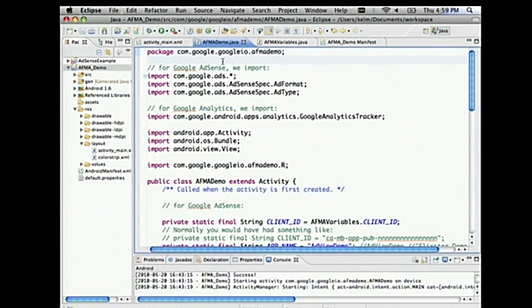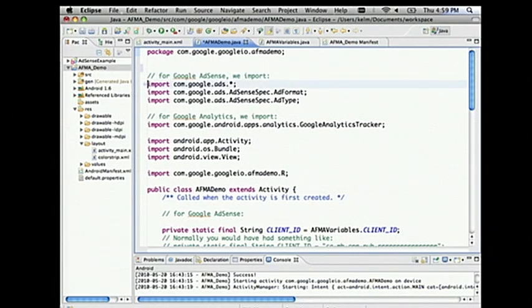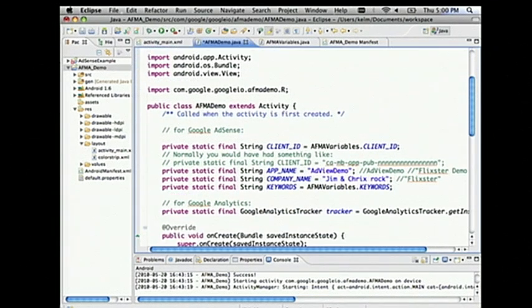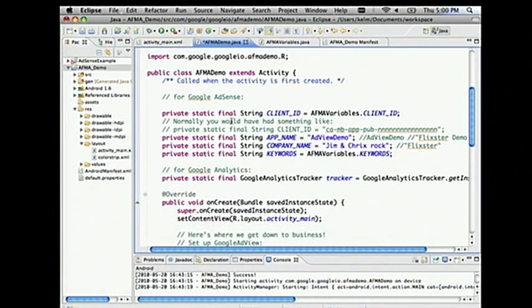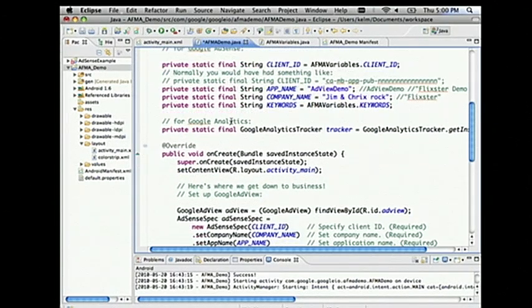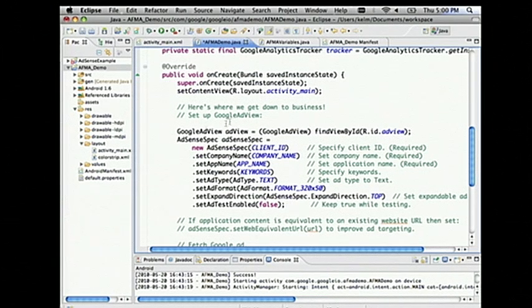OK. Then all we need to do is do an import for AdSense. I've done a couple others, so I don't get some notifications. Analytics, same thing. Declare some strings. Client ID, app name, we did company name and keywords. And just create an ad view